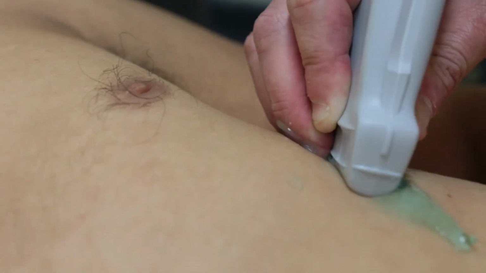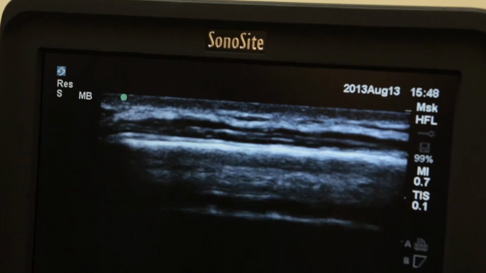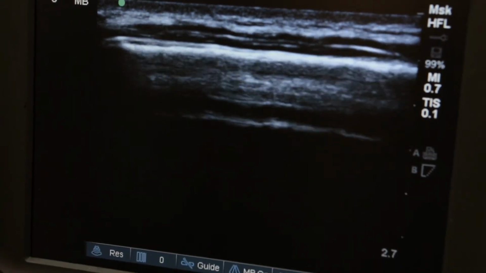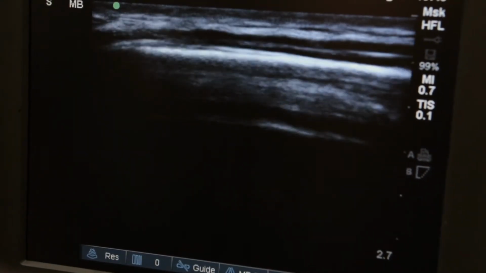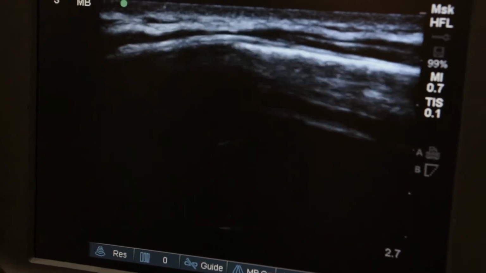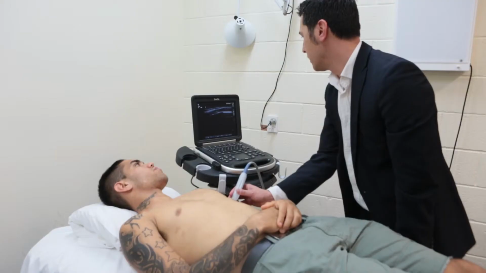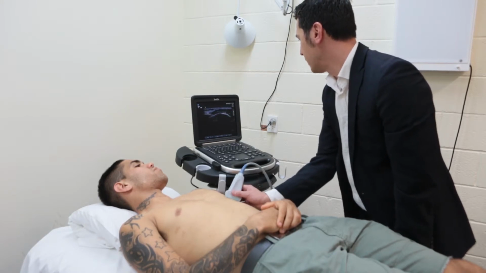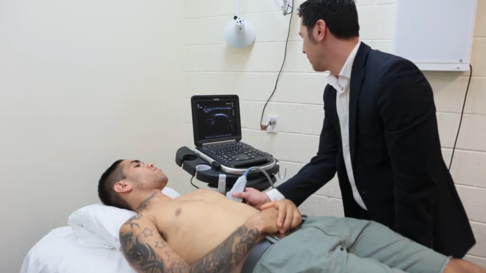And we can go longitudinal on the ribs as well and look for rib fractures by examining the contour of the rib, that white thick line that we can see, and also the costochondral junction, looking for step or contour abnormalities of the costochondral junction as well as the cartilage itself. And we can also have a look at the soft tissues on either side and surrounding the rib, so the